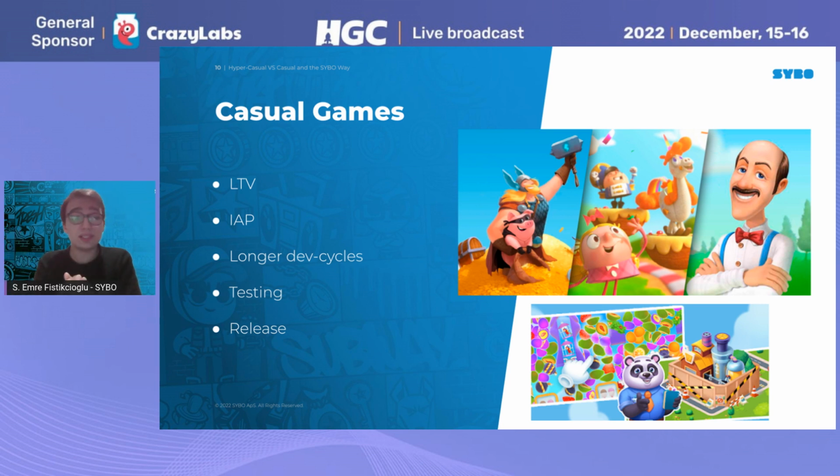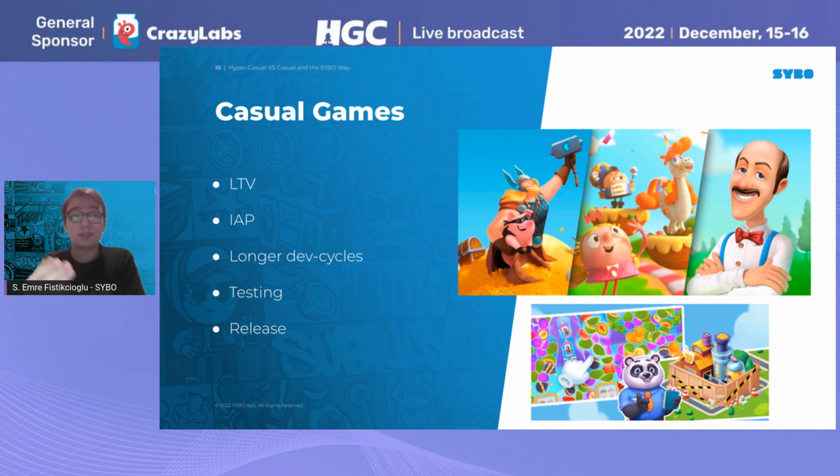The releasing part of the casual games is also very different, because if you remember, I said a lot of times that you forget about it after you release it in hyper casual games, but you don't do that in the casual games. After you release it, you have to do a lot of supporting for it. You have to fix your bugs. You have to add more content every week, every month, whatever is your time schedule. You have to add more features to keep your game alive, because you only have one game that you have invested a lot of time, more than a year, that is there and has to be kept alive.